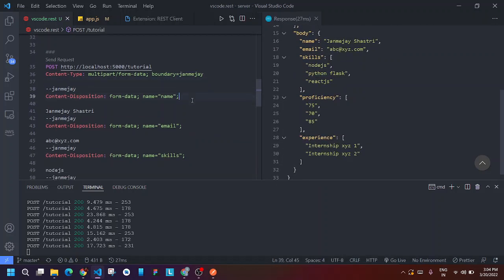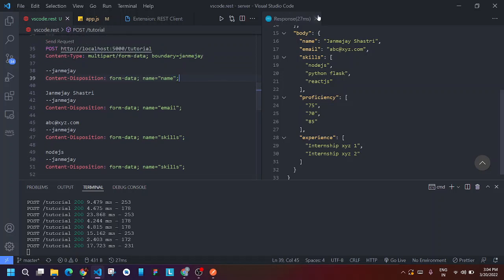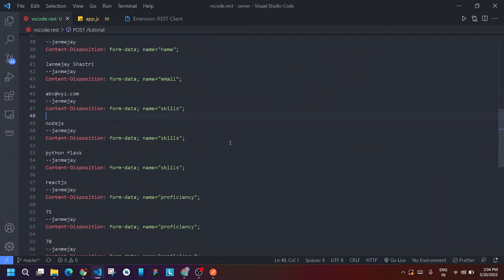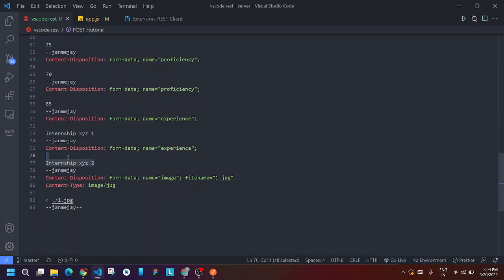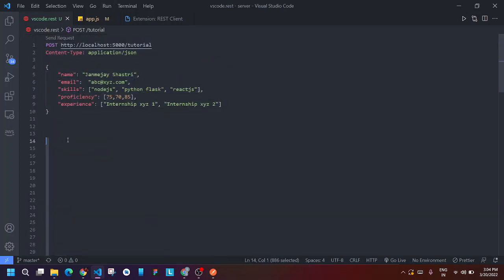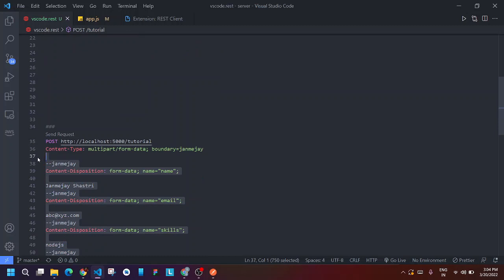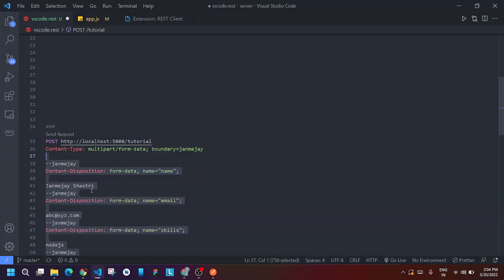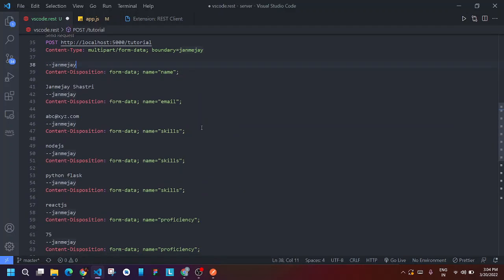Now I know the left hand part must seem a little complicated, but why I used this is because sometimes there are requests where you just send the image. For that you will see just this thing, but it will not actually make your concepts clear, because you don't know, apart from this, if you want to send any data as JSON or any other field, how will you send it? So I just included this example which contains your request.body plain text as well as the file, both